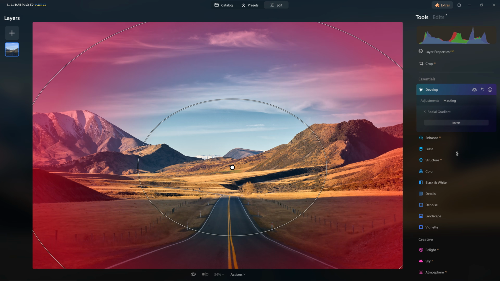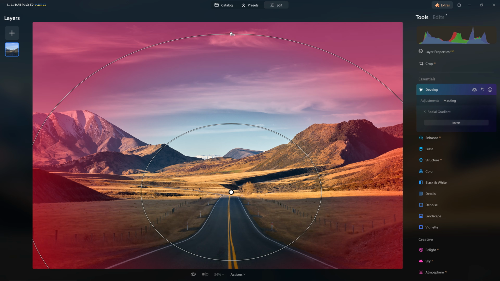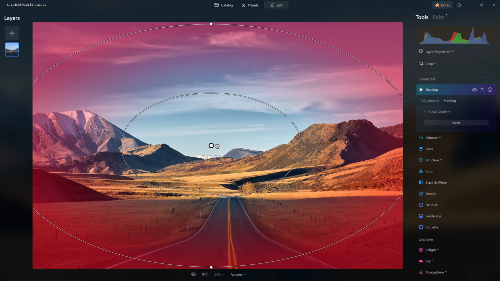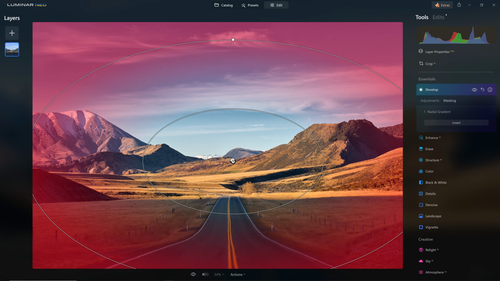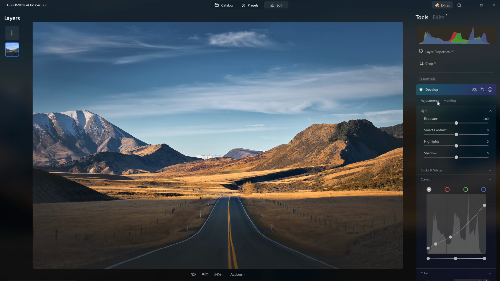See the brightest part of my photo unaffected, and now I can actually just drag the corners of this ellipse to reshape the vignette. So we can still create an elliptical vignette, position it where we want, jump back to adjustments, and now you can see we've darkened around the edges while keeping that center part nice and bright. Now, if we feel it's too much, particularly around the bottom corners, like I did with the original vignette,